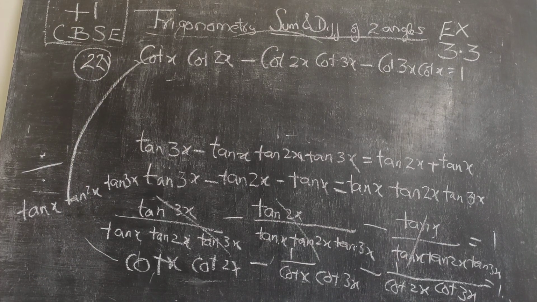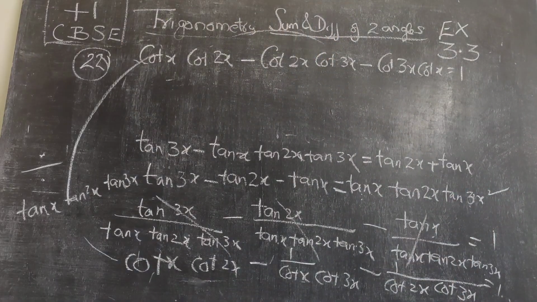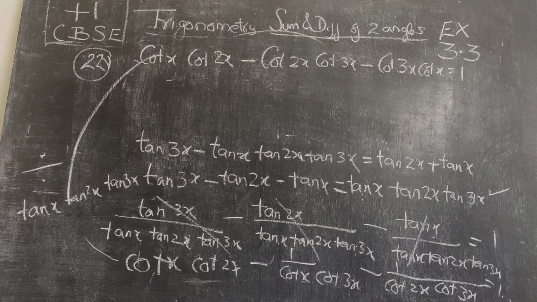So compared to the previous problem, this one is a nice one. If the problem is cot x cot 2x, something like this, I am using tan of 3x equal to tan of x plus 2x, applying the formula for tan of x plus 2x, and then doing the cross multiplication. This itself is a problem. You may be asked to show that tan 3x minus tan 2x minus tan x equals tan x tan 2x tan 3x. That itself is a problem. So they have gone a step further and asked you to prove the cot form. So divide everything by tan x tan 2x tan 3x, and you get the answer. Is it okay? Now I go for 23rd.